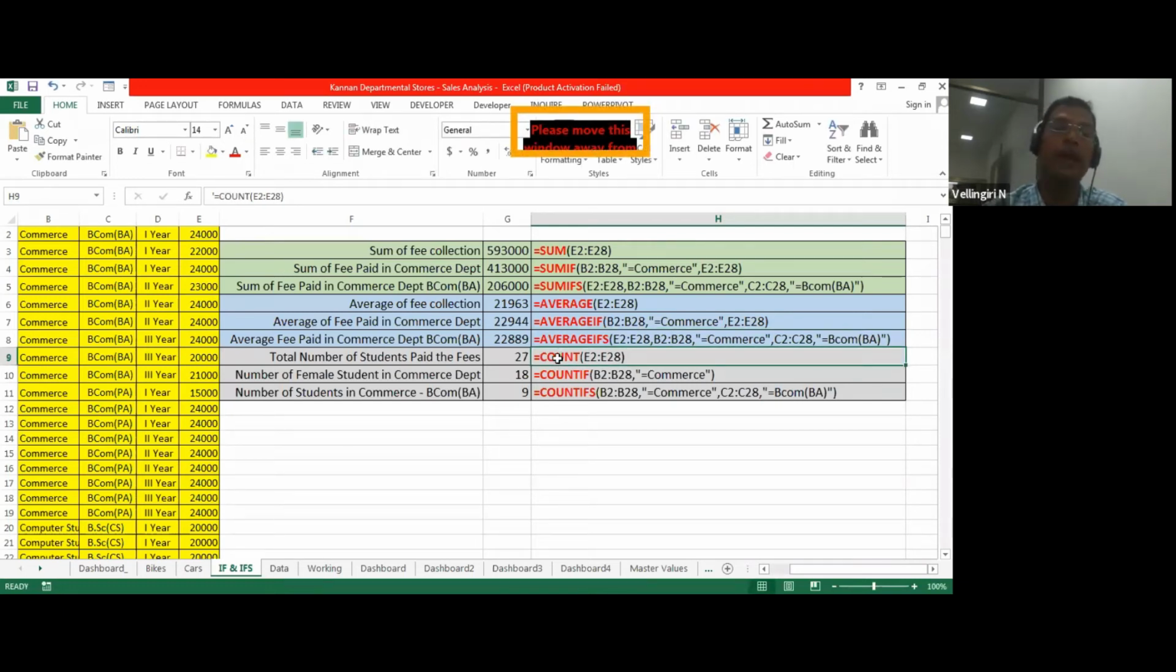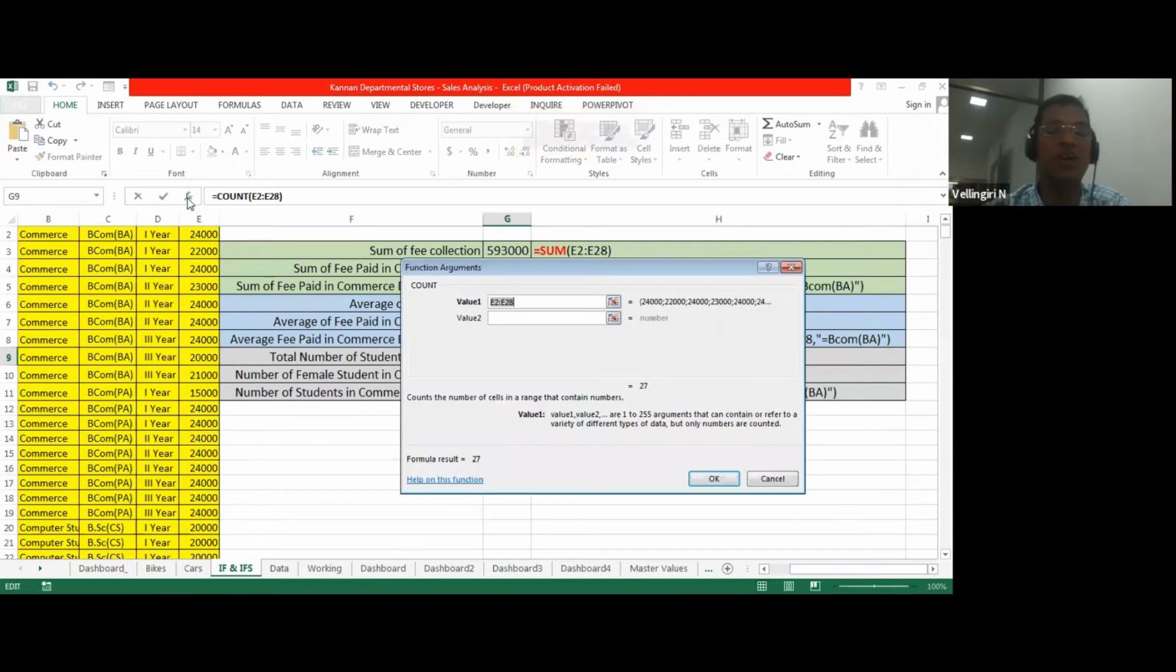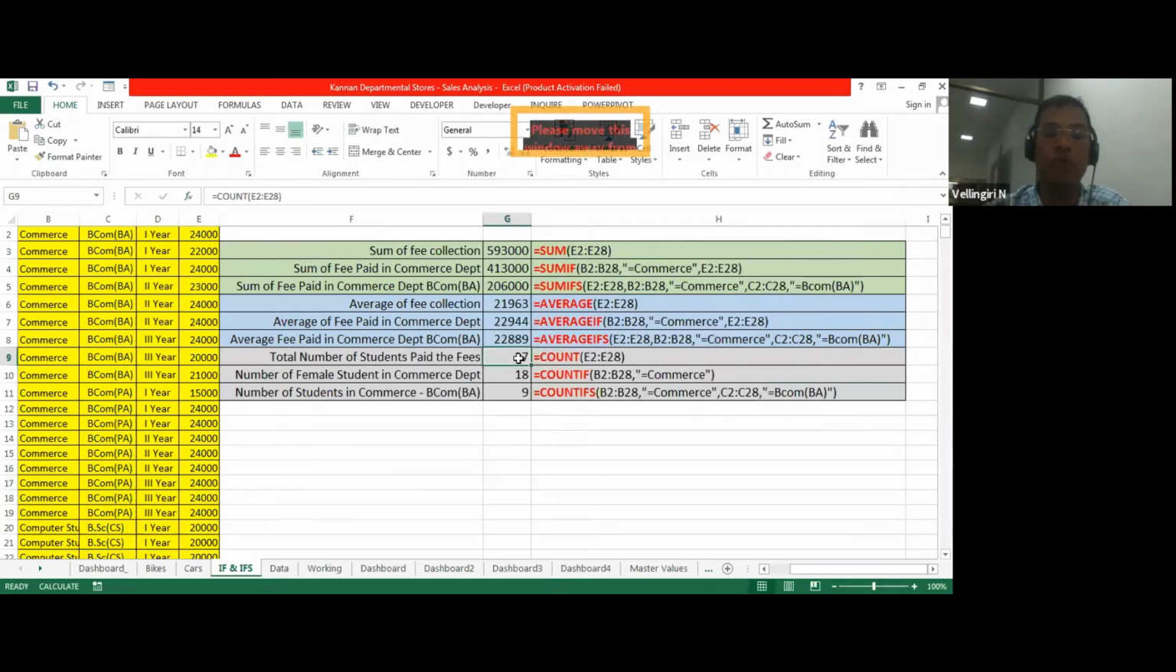COUNT will count the number of students, or the number of records basically. For example, here I want to count how many students have paid the fee. For that, I am counting the number of records. I need to give the range of values, that means E2 to E28. If I give E2 to E28, it will say how many students have paid the